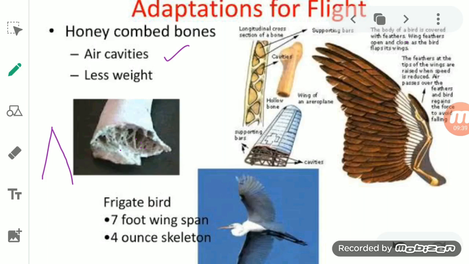These bones are expanded or extended so that a large flight muscle is attached to them, and these help in making the wings go up and down. So the breastbone is responsible for the attachment of the flight muscles, and because of that a bird is able to flap its wings. It means it is able to move the wings up and down. So these are some of the main adaptations by which the body of the bird can fly.